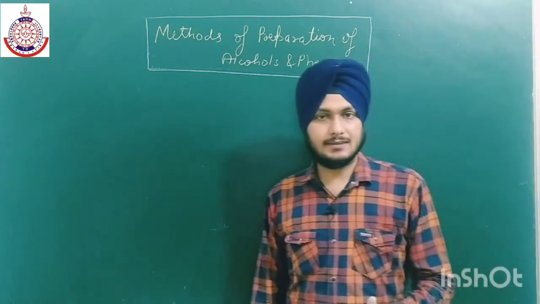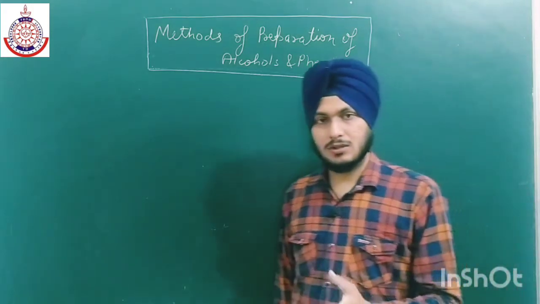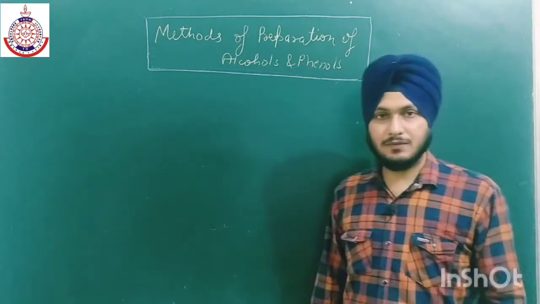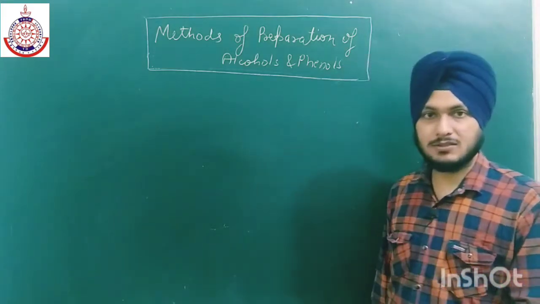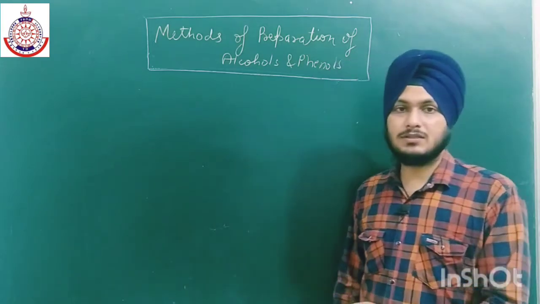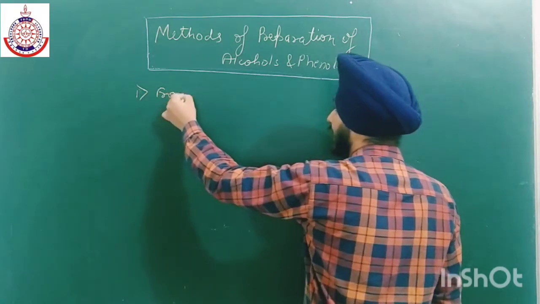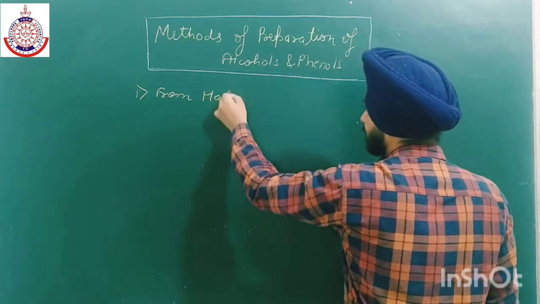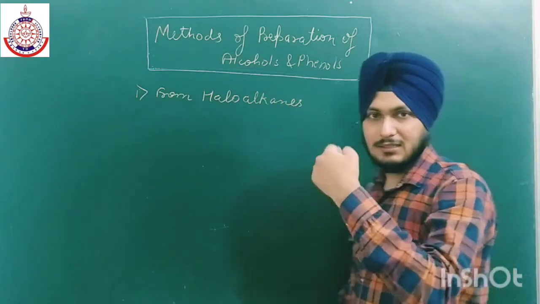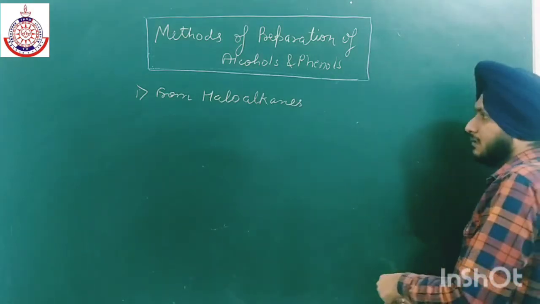So we have already discussed the classification and the nomenclature of alcohols and phenols. So let's move on to the methods of preparation of alcohols and phenols. Firstly, I am discussing the methods of preparation of alcohols. The very first method for the preparation of alcohol is from haloalkanes. We have already discussed this method in the chemical properties of haloalkanes, and this method is